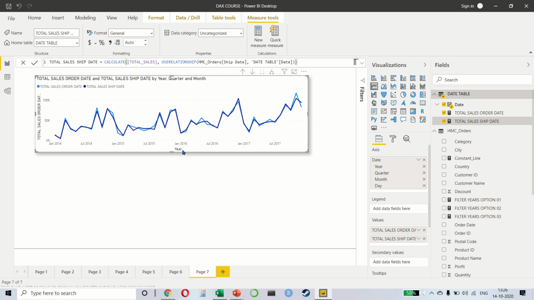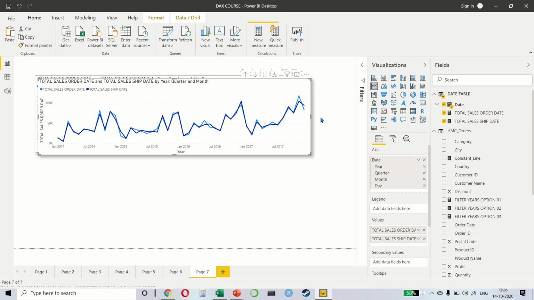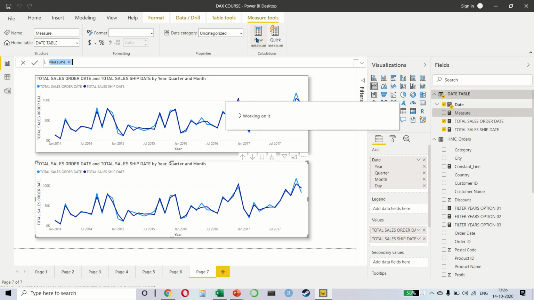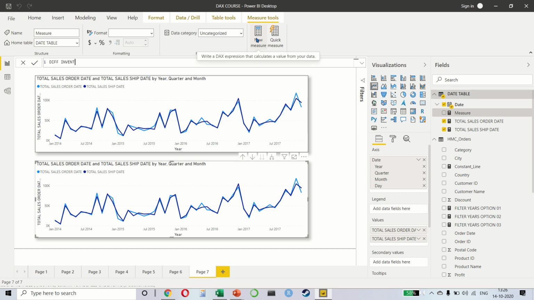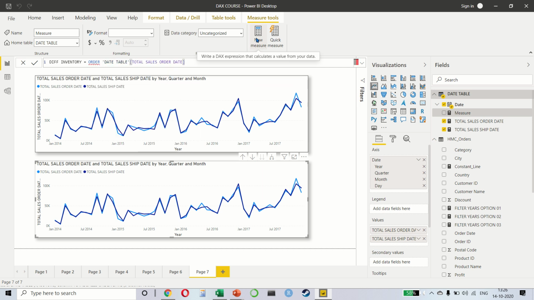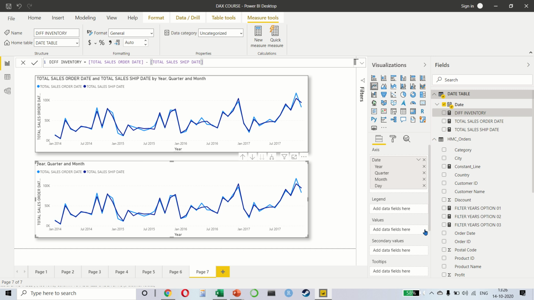For example, just to continue with this, I'm going to copy and paste this entire chart. And let's create another measure. And we call this the difference in my inventory. This is nothing but the total order that I'm generating minus the total shipment that I'm shipping out. And if we put this third measure in this chart,